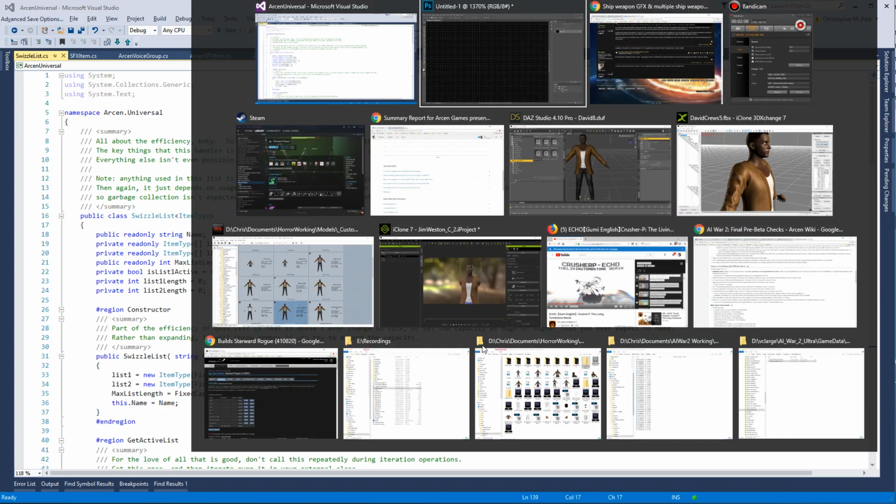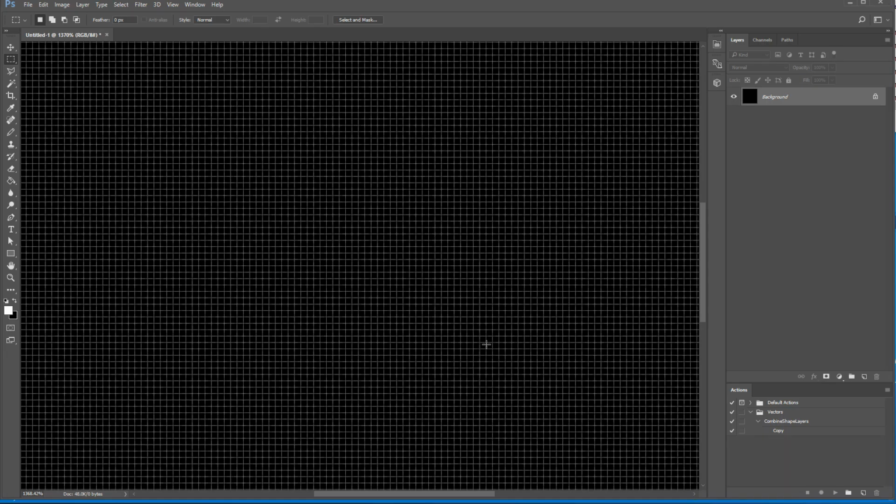So I've got Photoshop here for some visual aids. Imagine that each column here is a Swizzle list usage scenario, let's put it this way. When we first define a Swizzle list, we say, how big is it? And that is an underlying array, which it actually creates two of. And those are going to be empty, but they're